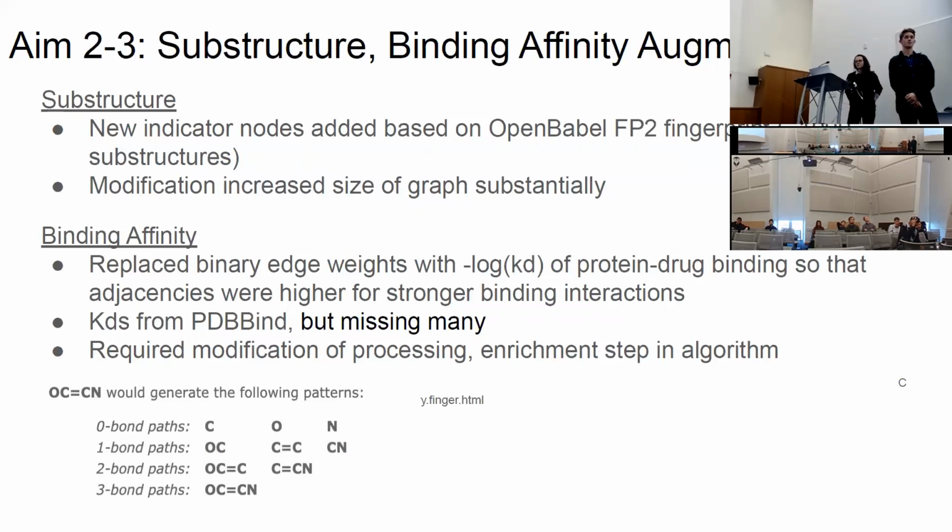Because in the previous BEAN algorithm, they calculated adjacencies. They calculated enriched nodes when doing binary classification based on how many shared nodes two nodes had edges to. So we wanted to ensure that small KDs, representing tight affinity, would be a sign of strong affinity. We got our KDs, as Alexander mentioned, from PDBbind, but unfortunately there are many missing KDs. So this required a severe modification of the enrichment processing step in the